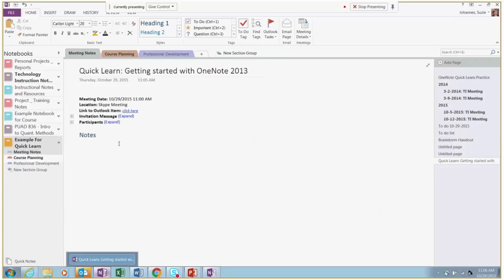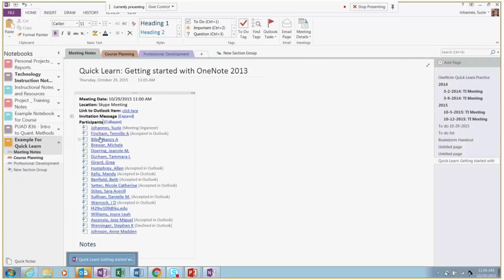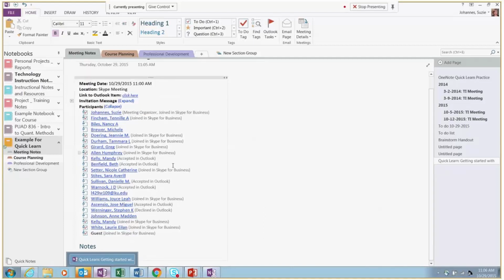So we'll see here, I got to expand it. But I can see here everyone who's attended, and it's bringing in, in some cases, if I were just to post this link online, it would bring in those people too. So last week I just posted the link online. I got to see everyone who had attended, and it even checks you off for the people who are actually here versus the people I just sent out the meeting request to.